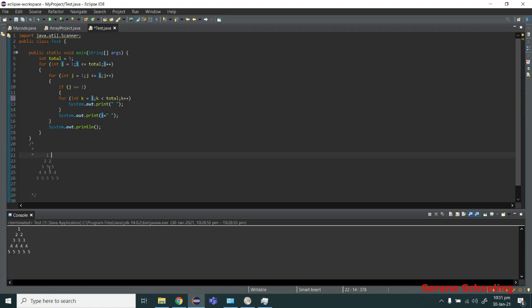As you can see, we are getting a fixed pattern here. For each row, the number of elements depends upon the value of I. So for the first iteration, the value of I will be 1. Therefore, only one element is getting printed. And for the second iteration, two elements are getting printed. So for each iteration of I, that number of elements are printed in the nested loop,